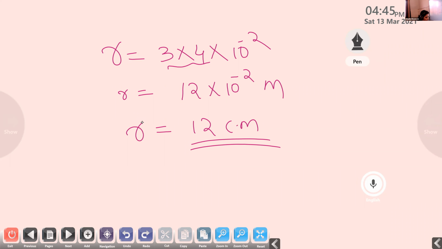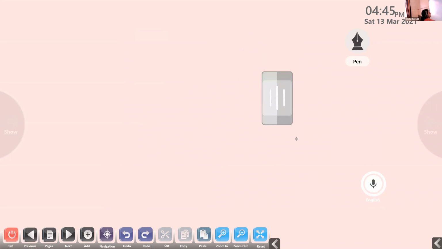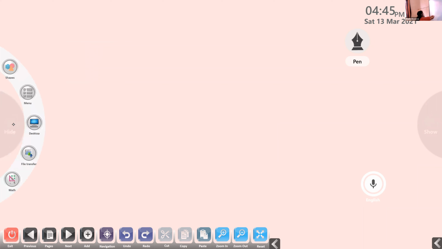Do you have any doubt? No? Can we move to the next question? In your page number 46, question number 1.8. The others are based on this theoretical portion, so we can discuss the numerical questions. Question number 1.8 of the textbook, page number 46. Okay. What is the question? We can see now.